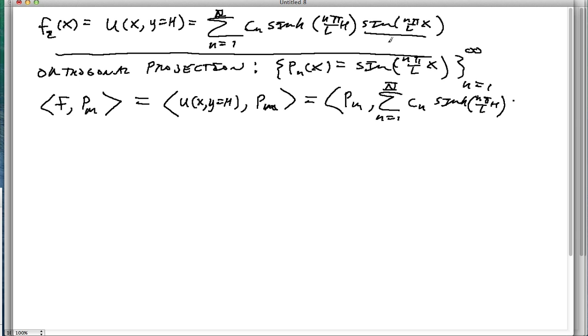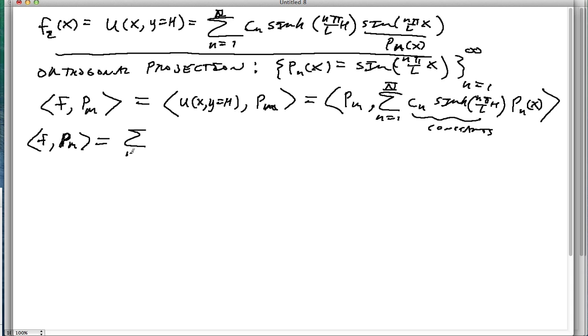And then this right here is our Pm. That's our Pn of x, right? Pn of x. Okay, so we know that the inner product passes right through sums and any constant, and these things are constants. So we have f with Pm, the inner product of f with a particular one of our orthogonal functions, our sine n pi over L x's, and that becomes